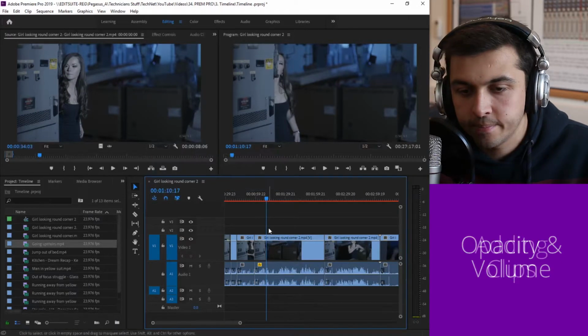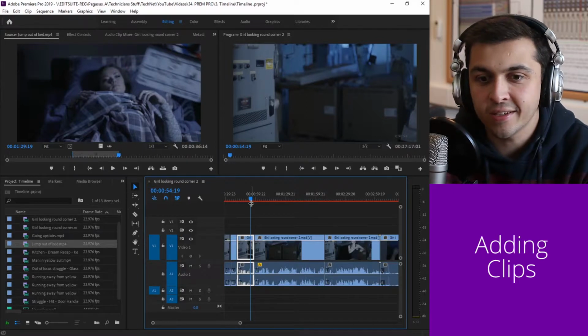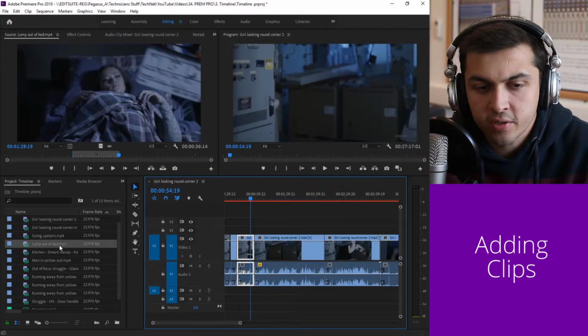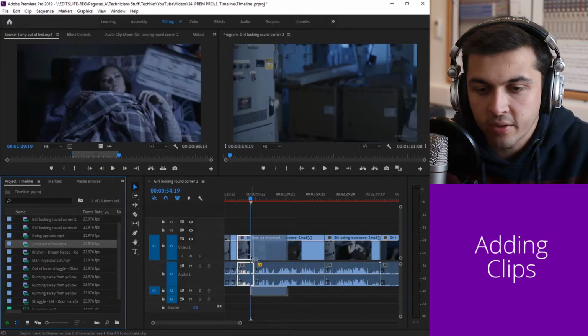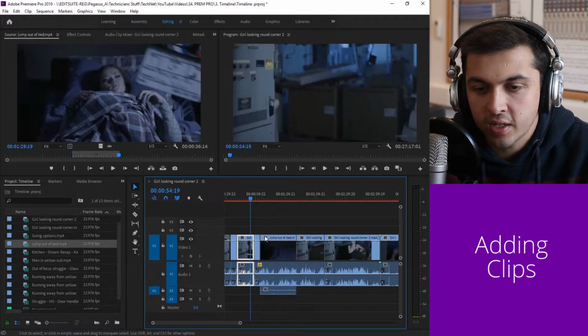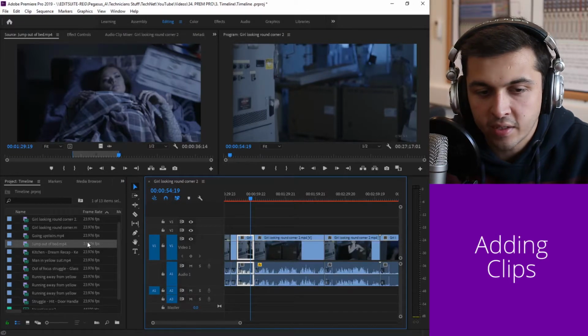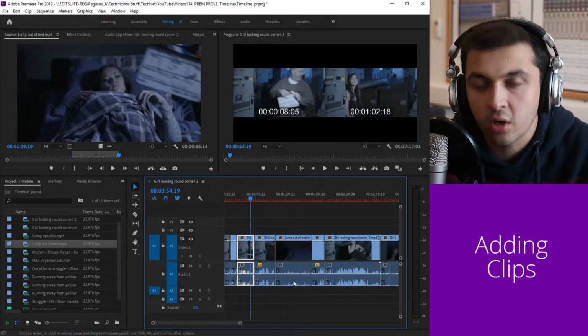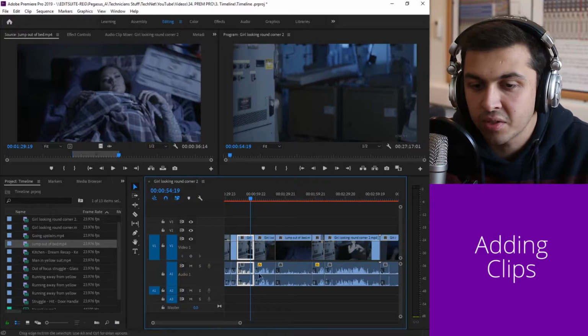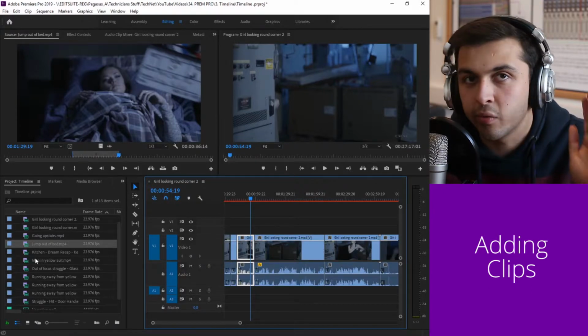Okay, so the next step is adding some clips in. So like I mentioned in the basics video, if we just take a clip and drag it in over the top, it's obviously going to cut a chunk out of our video there. It's kind of cut it in half, and if you're not careful, sometimes it can actually chunk out the audio line as well. So that's obviously very disruptive,